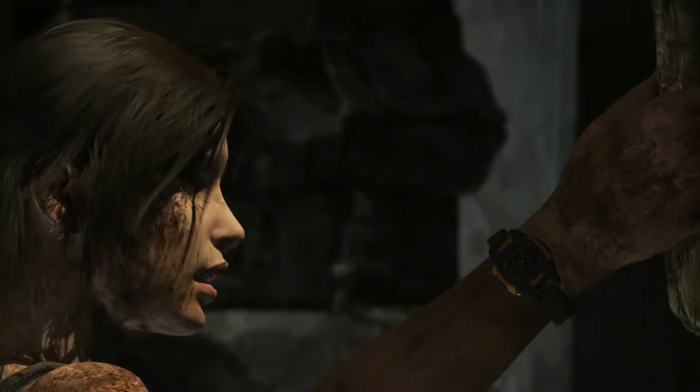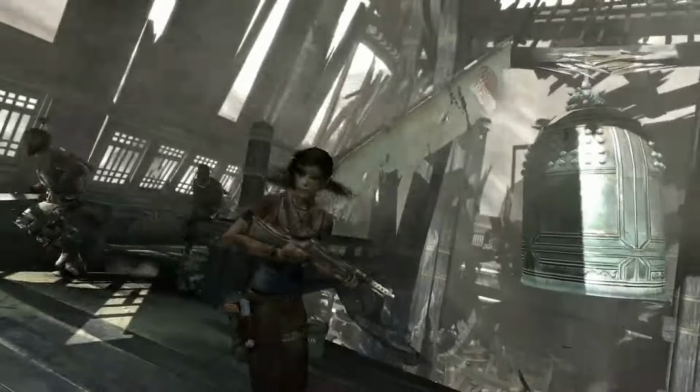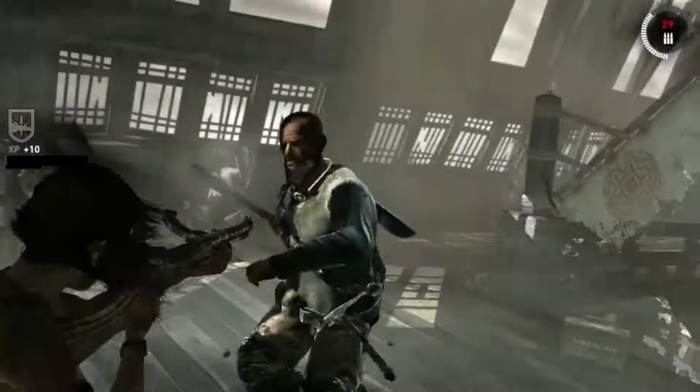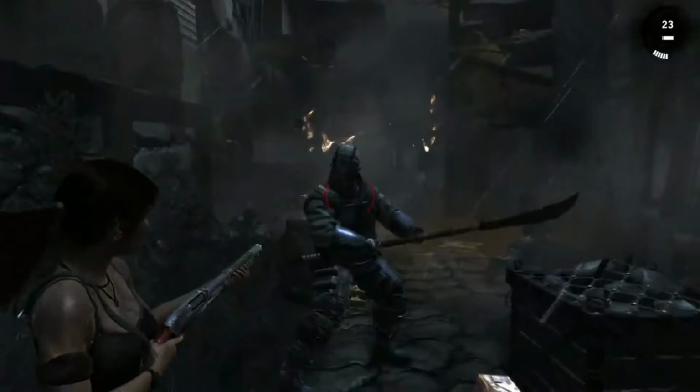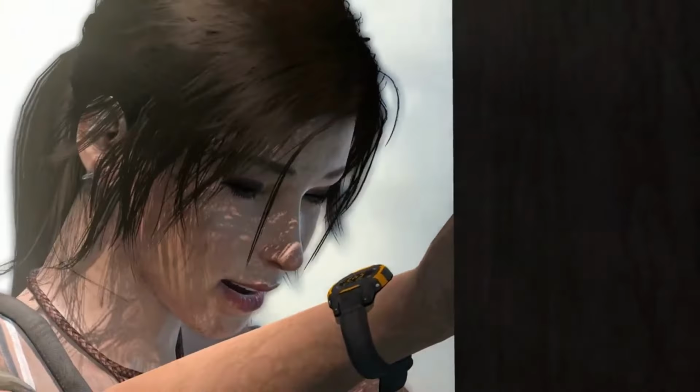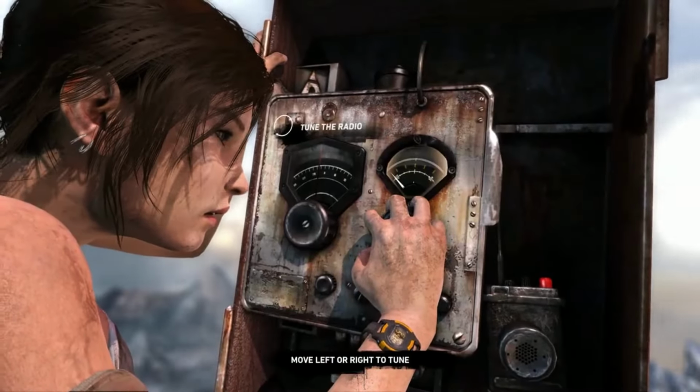The gameplay is a mix of exploration, puzzle solving, and combat. The island is a dangerous playground filled with enemies, environmental hazards, and ancient tombs to raid. The combat is visceral and satisfying, with a focus on using bows, guns, and makeshift weapons to take down foes. The puzzles add a nice change of pace, requiring you to think critically about how to navigate the island's treacherous